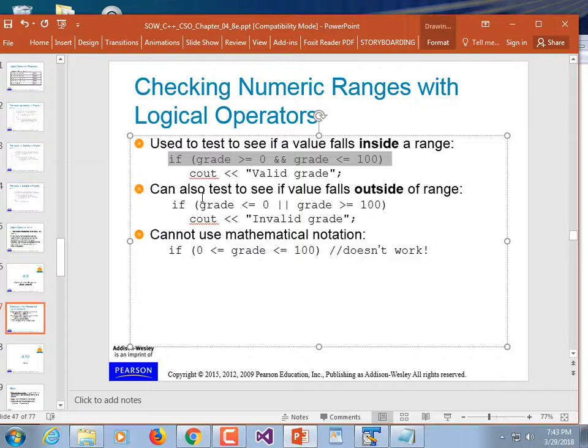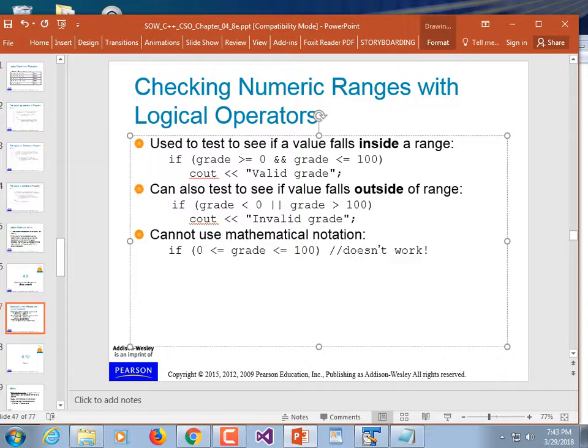They didn't follow our rules. This is going to tell you that your grade is invalid if you made 100. I would get annoyed if I made 100 and it told me my grade was invalid. Shame on the book. I demand a refund. Okay, this is accurate. If your grade is less than 0 or your grade is greater than 100, print out